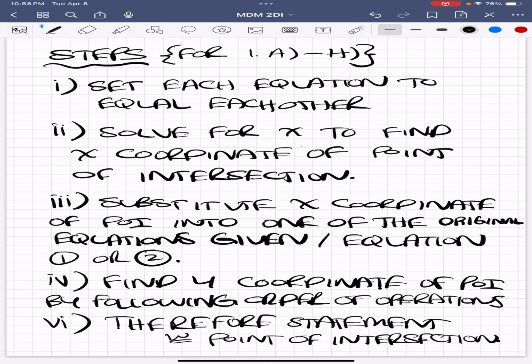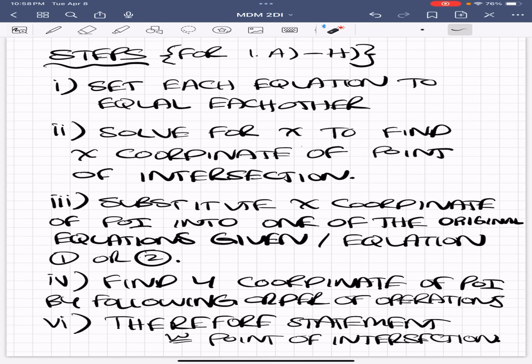What that really means is we're substituting the x coordinate of the POI into the original equations so that we can find the y coordinate of the POI by following order of operations, and then we have the therefore statement